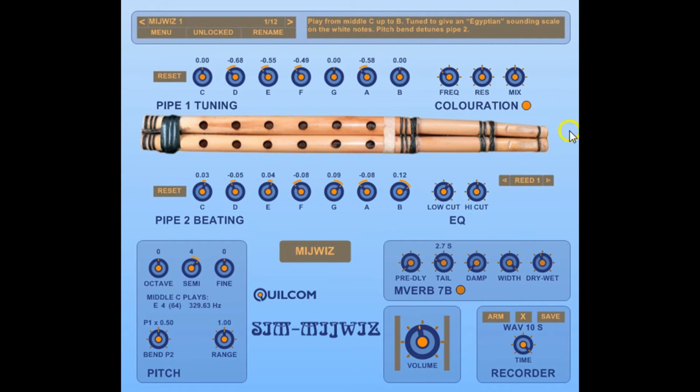The synthesizer model provides for simulating a 6-hole Mijwiz, which gives you 7 notes, and these knobs along the top here tune the white notes. So if I just play a D, that enables you to tune each of the 7 notes individually to create the kind of scale that you would like to hear. Of course, you need only use the first 4 notes if you want to simulate a 4-hole